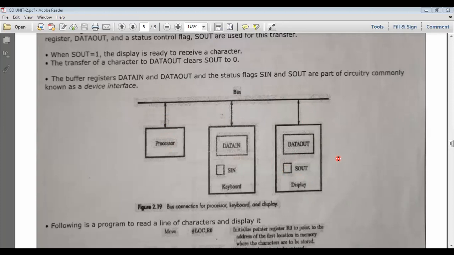So read wait and write wait occur based on the conditions, based on the values of S in and S out.